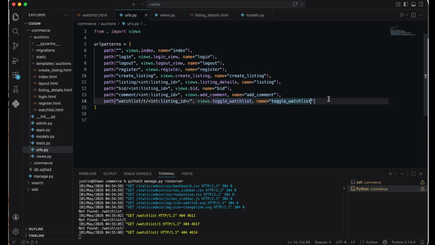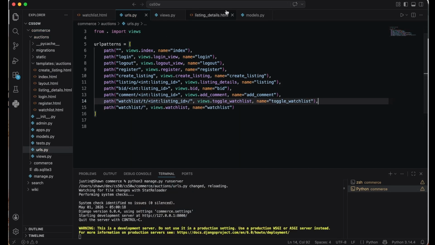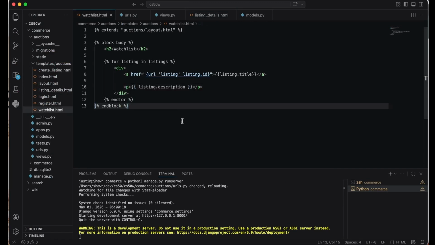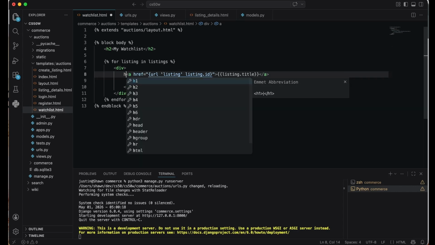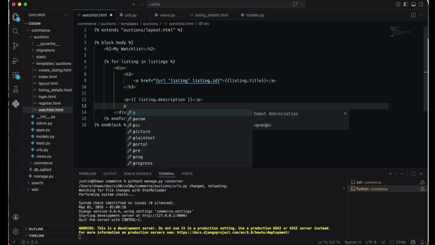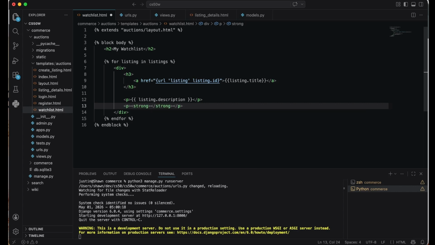Sorry, I forgot to add to our URL, our route, our path for our watch list. Once we have our route, let's check our watch list and add our template here. The watch list. Maybe we can enclose it inside an H3. Description is good. We forgot to throw in our current price.